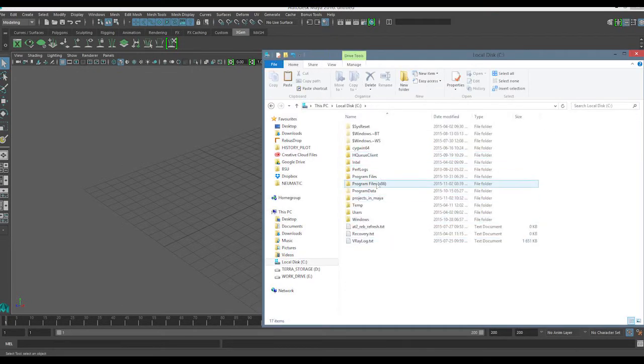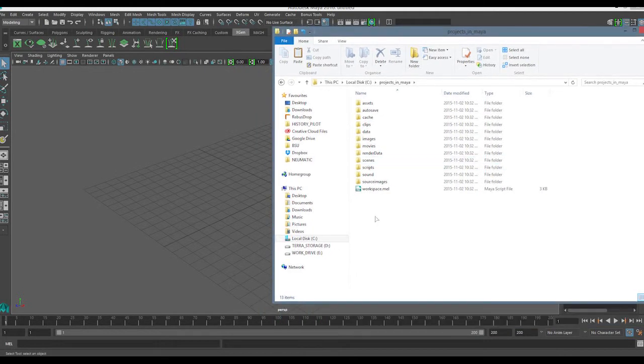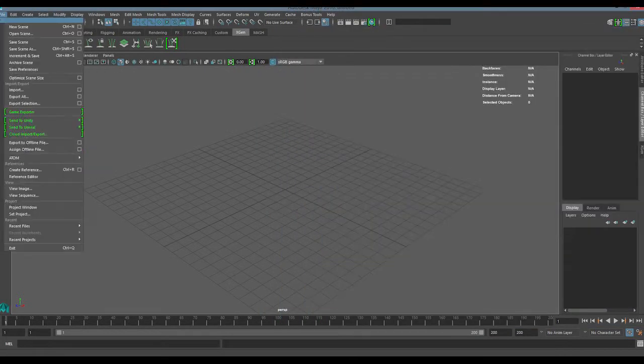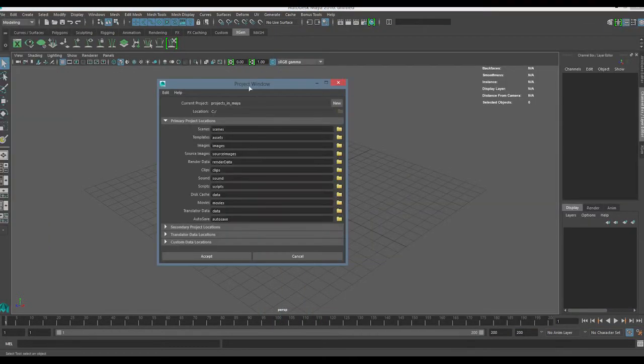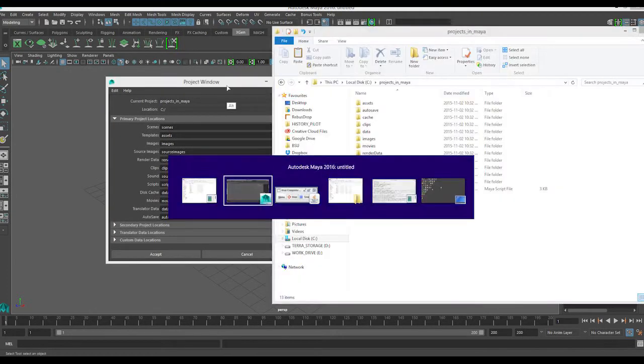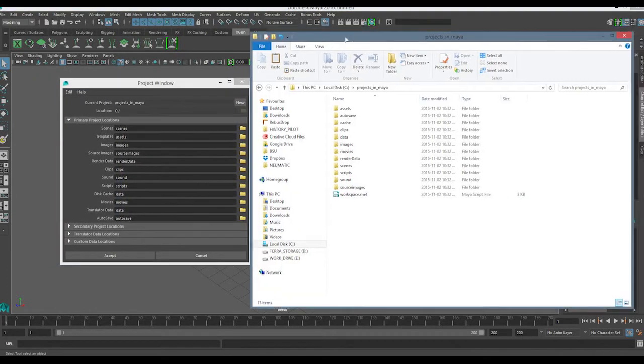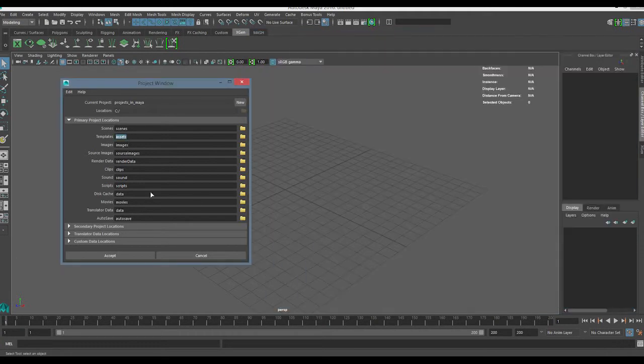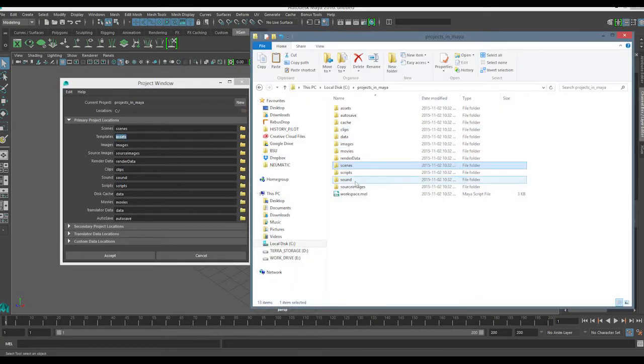It created a folder called projects in Maya, and if we open it, you can see it's created a scenes folder, an assets folder, images, source images, all of these other things, and